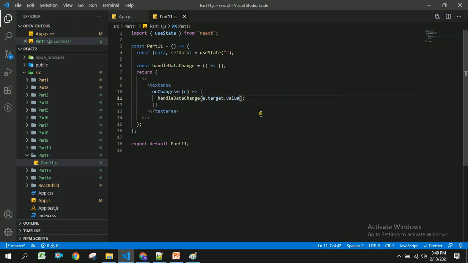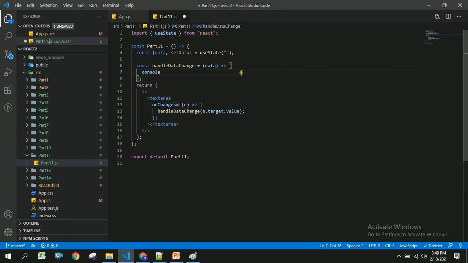Let us save this, and from this handleDataChange we will be able to get this value to this handleChange method. So here I am going to take it as data, and I am going to log whether we are able to get this or not.